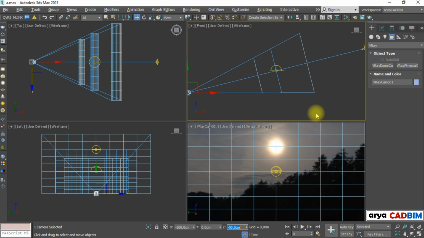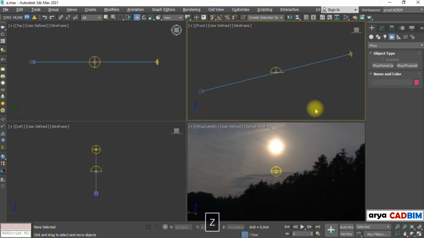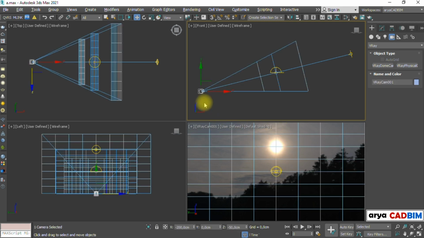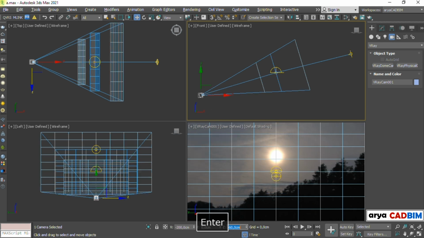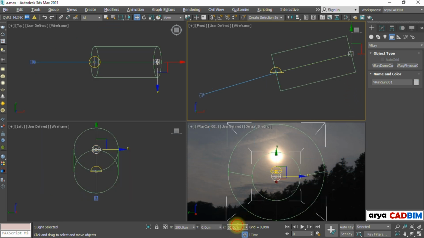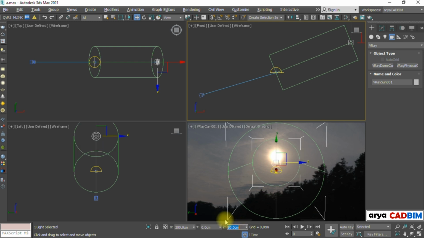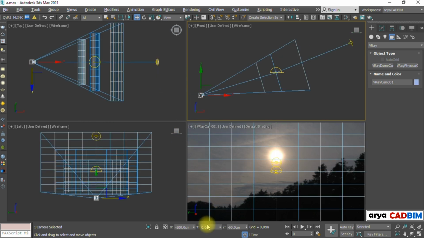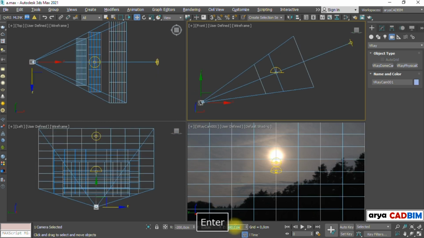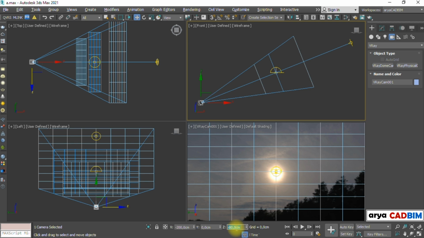Okay, we matched their directions to each other, but the HDRI sun has a different direction angle. We need to change the z numbers till we have them at the same place in the camera view. Let's try 80. Good, but not exactly.